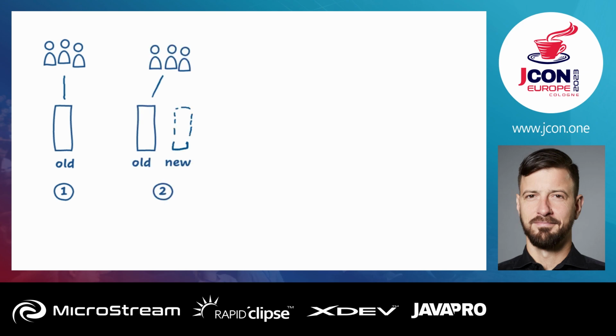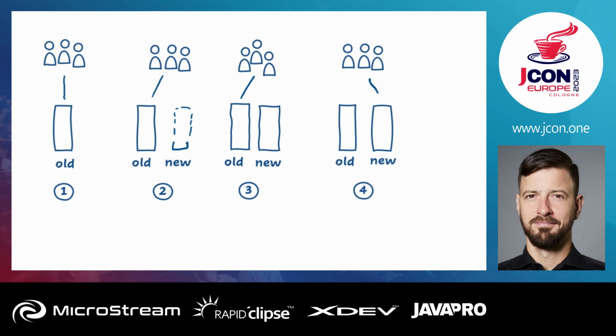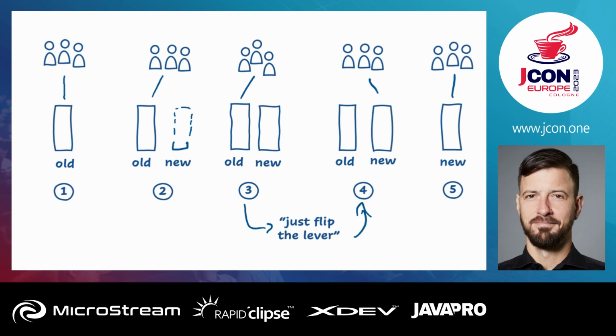And then we start building a new system besides the old system. And while the new system grows, the old system has stopped development. It's in a frozen zone or something like that. And then the new system grows and grows and grows, and eventually it is done, a system done. And then we just flip the lever and the users use the new system, and then we switch off the old system, and ta-da, we have the new system. This idea of just flipping the lever between these steps 3 and 4